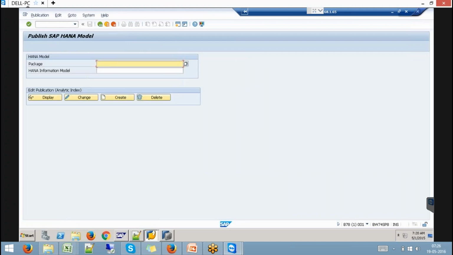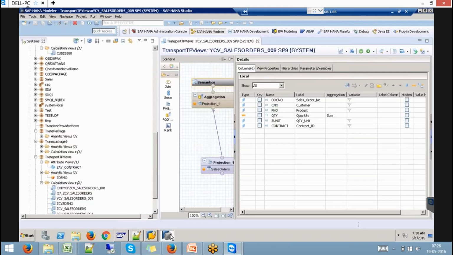Go to this T-code, RSD_HM_PUBLISH. We get to the T-code RSD_HM_PUBLISH. What was the package here? Transport TP views.